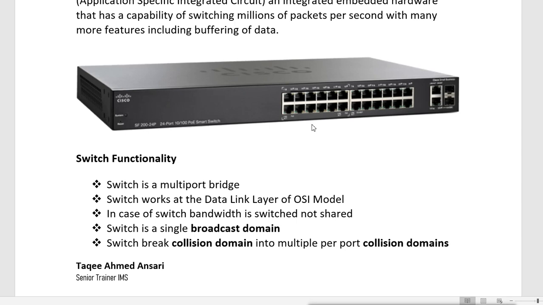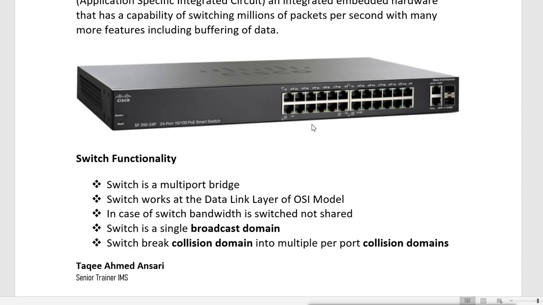Now when it comes to the collision domain, a switch breaks the collision domain into multiple per-port collision domains. Remember, a switch does not have collisions because it does unicast based on the MAC address table. So if two devices are sending and receiving, at the same time other devices can also send and receive. So there is no point of collision there.